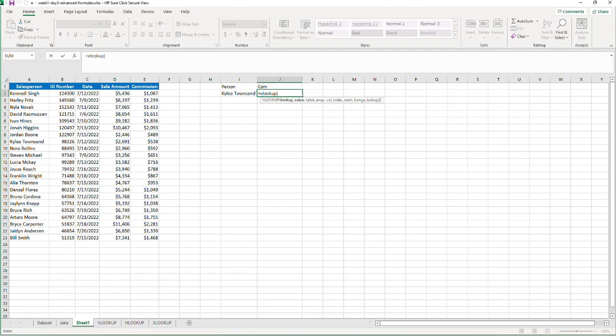VLOOKUP here. Then you want to find a commission for this person. So you select his name or you enter his name in that particular cell. When you are done, you will be changing the name and you will realize that it will be giving you the value for that particular person you put the name there. So we have the whole data selected,